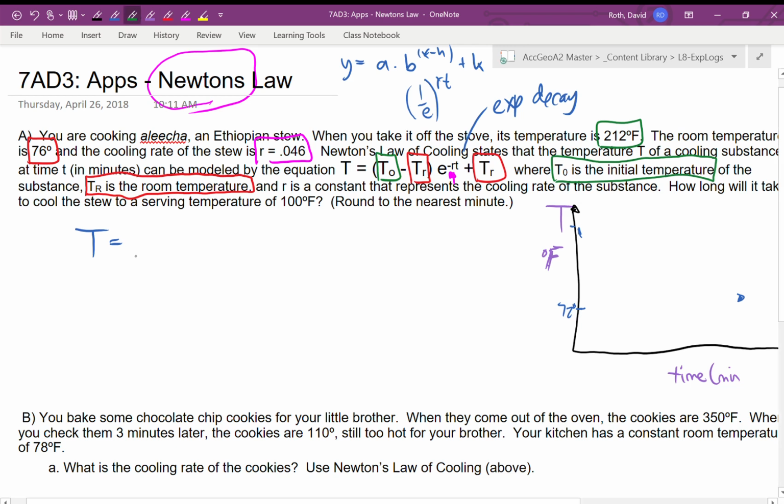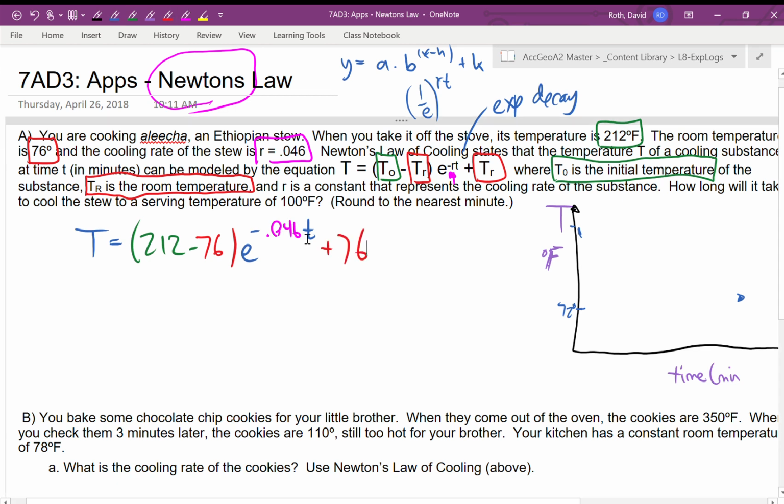It might take too long, but T naught 212 minus TR is 76. E, do that in blue, to the negative 0.046, pink, 0.046, and then T, and then plus TR,